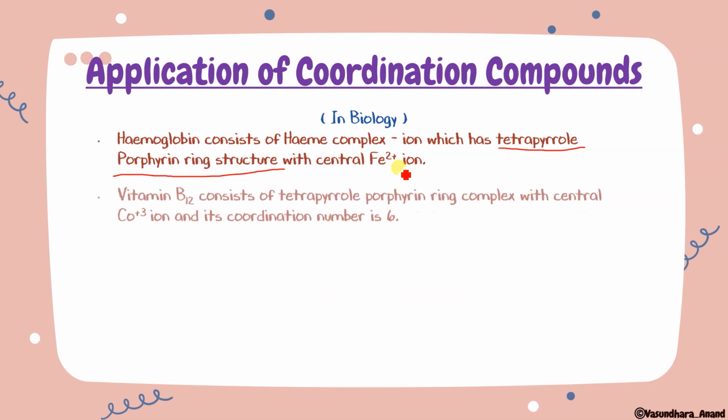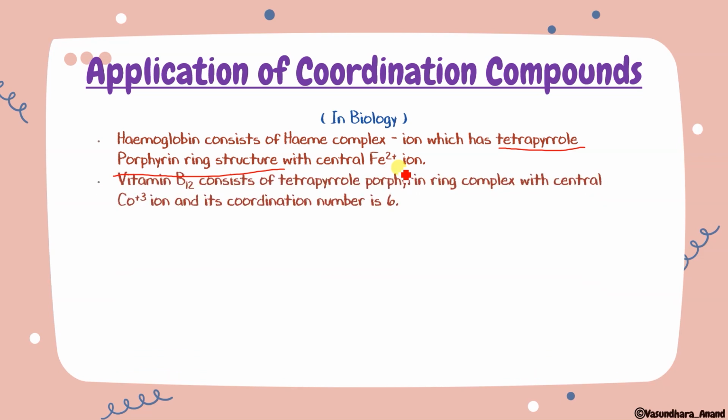That's it. Vitamin B12 consists of a tetrapyrrole porphyrin ring complex with the central atom of cobalt. That only you have to learn, that vitamin B12 is a coordination complex of cobalt, and there the coordination number